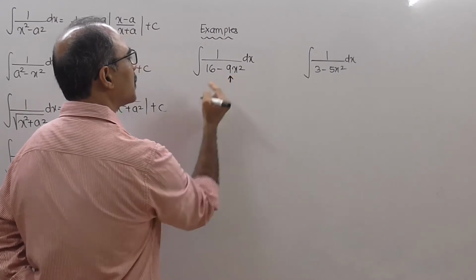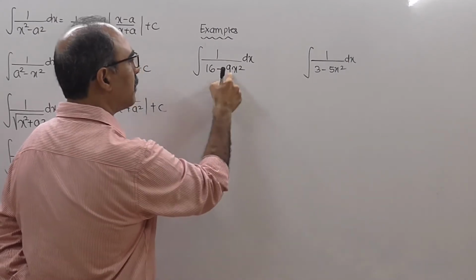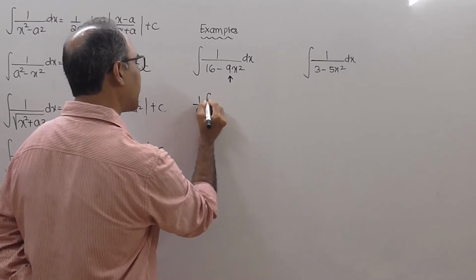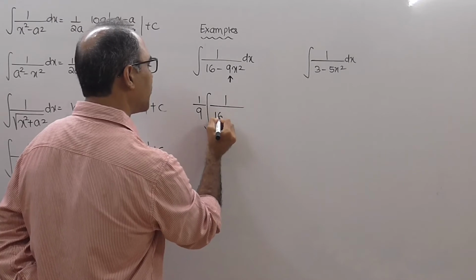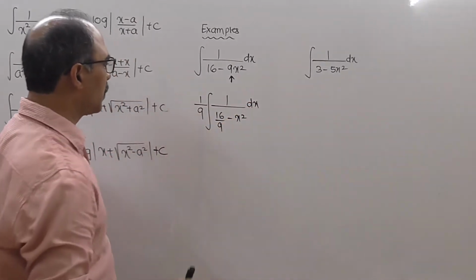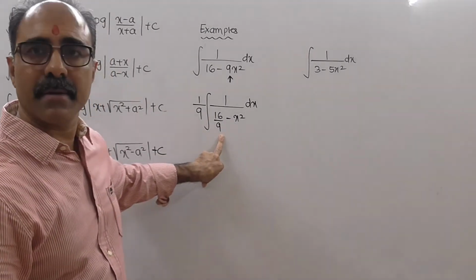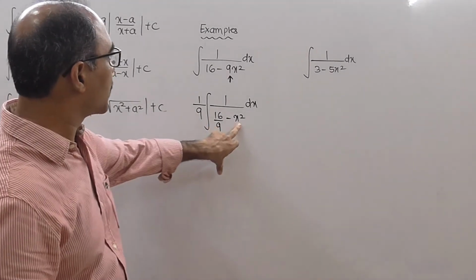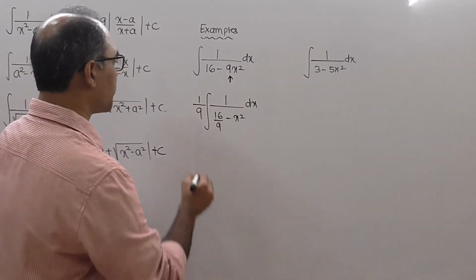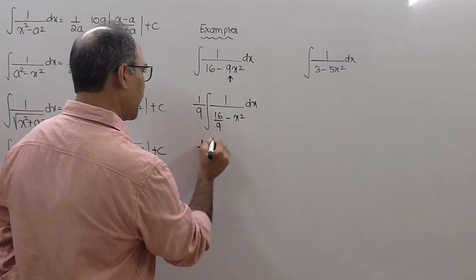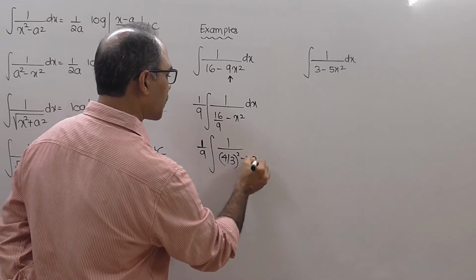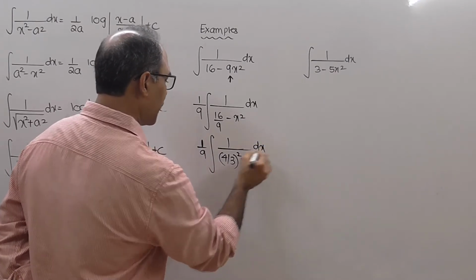If you check this, what is the coefficient of x square? Minus 9. वो नहीं चलेगा. तो what you do is, उसको 1 upon 9 करके बाहर निकाल देना. So this becomes 16 upon 9 minus x square dx. Open करो. 9 into 16 upon 9, I think that is 16. 9 into x square is 9x square. So even if you multiply, I think it is not changing the framework of the question. So this is 1 upon 9. This I can write it as 4 upon 3 the whole square minus x square dx.